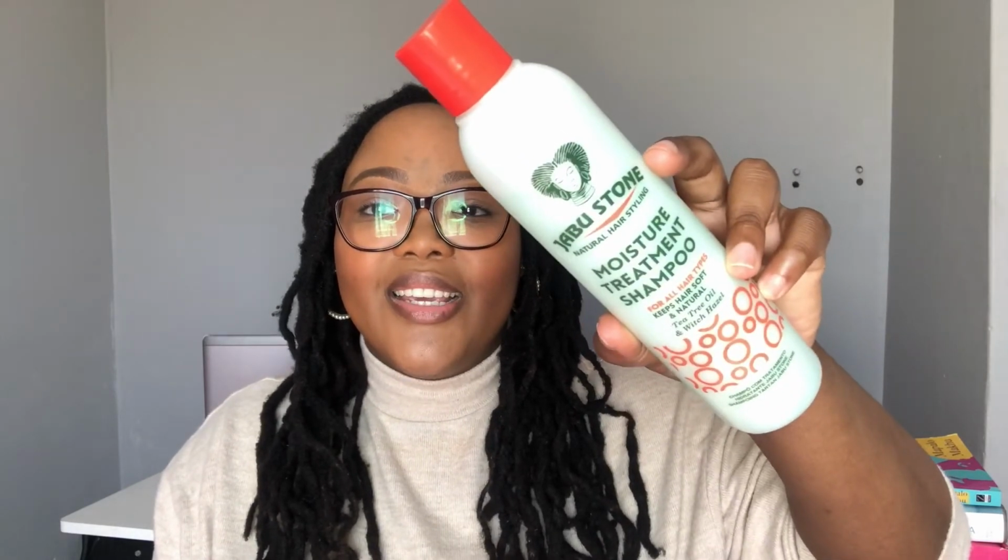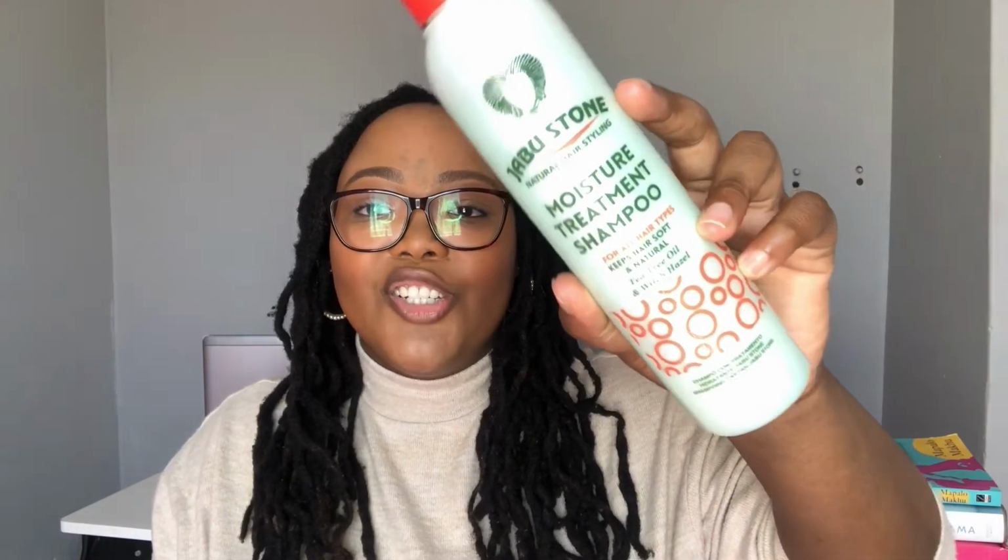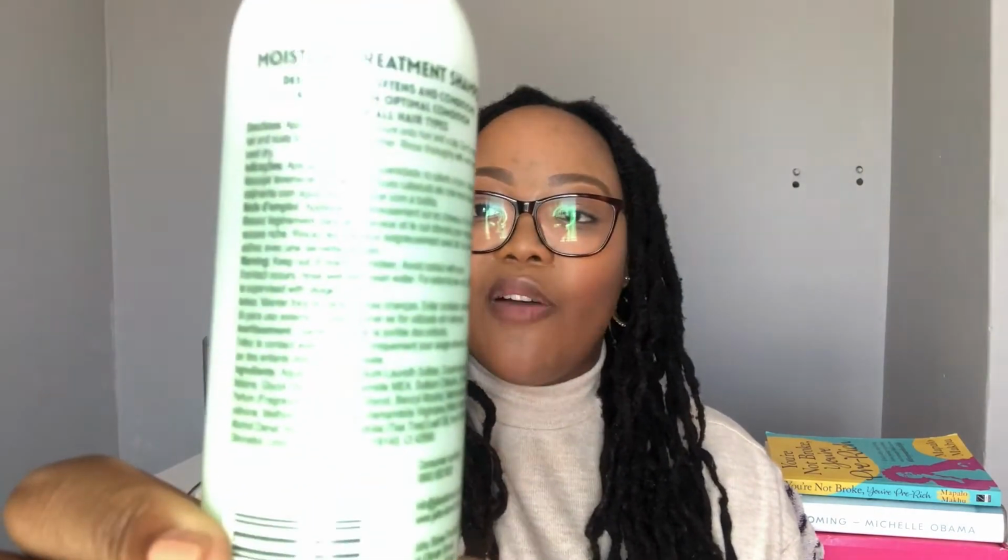Yeah? So, for example, I have a shampoo here. This is the Jabulstone Moisture Treatment Shampoo. We are going to see if this shampoo contains any of the sulfates that we are looking for, and where on the ingredients list we can find these sulfates. Okay, so we're going to turn over to the back of the bottle. Okay, so there I've already found one, and it contains sodium laureth sulfate, and it is the second ingredient on